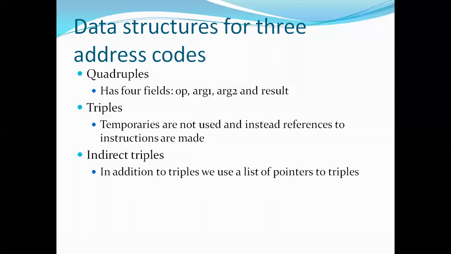And here the OP field is used to represent the internal code for the operator. Make a note. OP field is used to represent the internal code for operator, and argument 1 and argument 2 represent the 2 operands used, and the result field is used to store the result of an expression. By using these 4 fields, the quadruple is a structure of at most 4 fields. In such a way, we are defining the quadruple. And what the triple is, with an example, I will show you how to represent a quadruple.